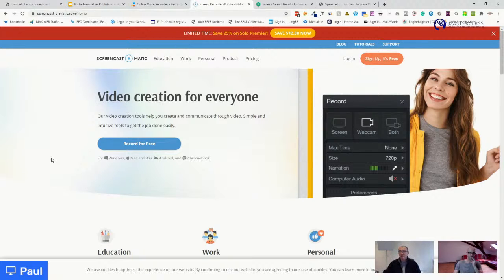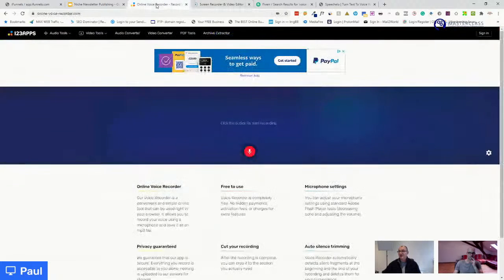On screen, as you can see, I use Screencast-O-Matic. I have used the voiceover, this piece of software. Well, this is free as well. If you go to 123apps.com, there are all audio and video tools, as you can see on the screen up there. There's quite a few tools in there, but this is one of them. But that's the other way to get to it, right there, online-voice-recorder.com. It's a great way of doing it.